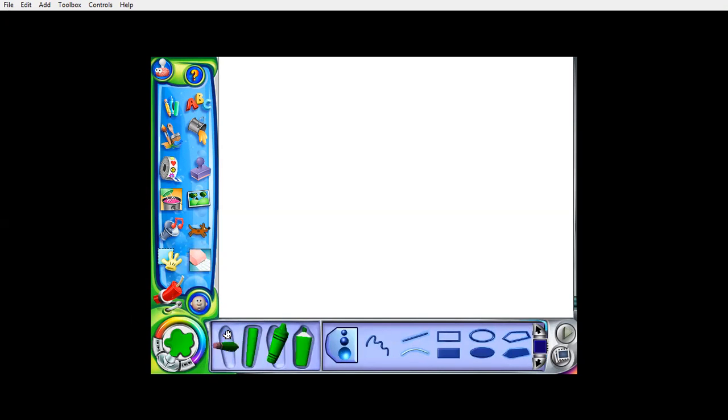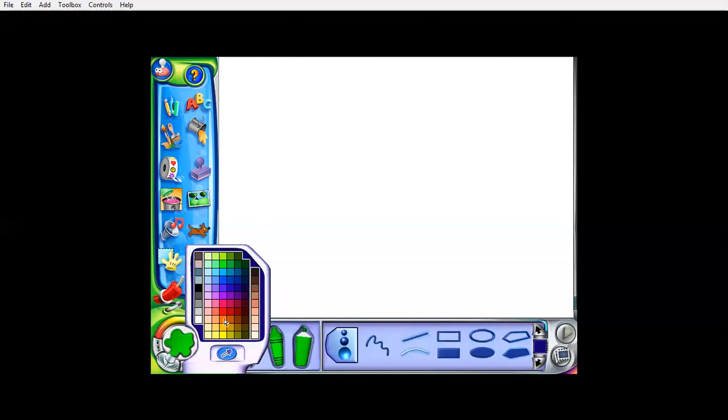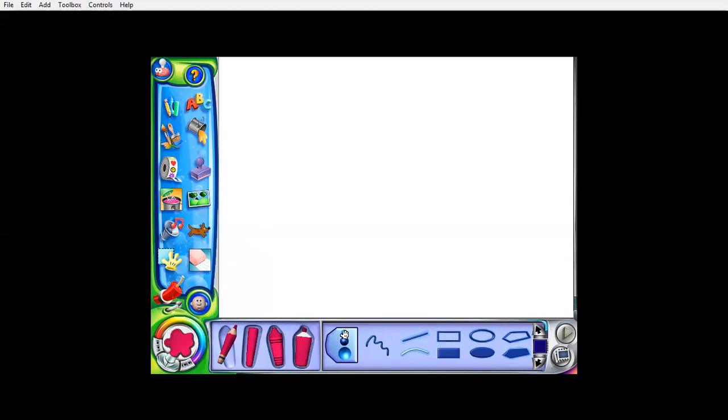Let us take the draw option. Let us take a pencil. How to change the color? I have told you. There is a paste over here. Click on this paste and choose whichever color you want. I know girls love pink color, so I'm taking a pink color. This is the size option, which size you want: a small, a bigger, or the biggest one. So I'm taking the bigger one. Let us draw a line.